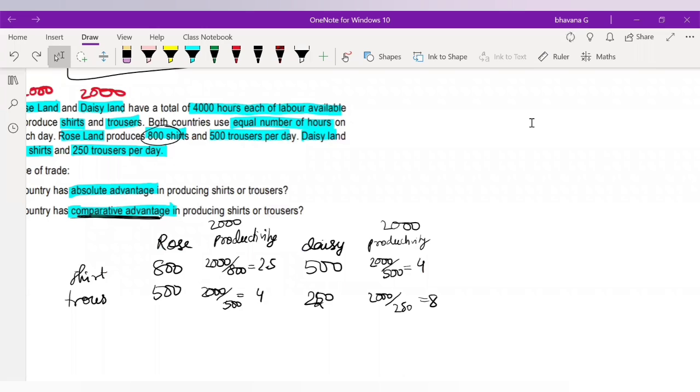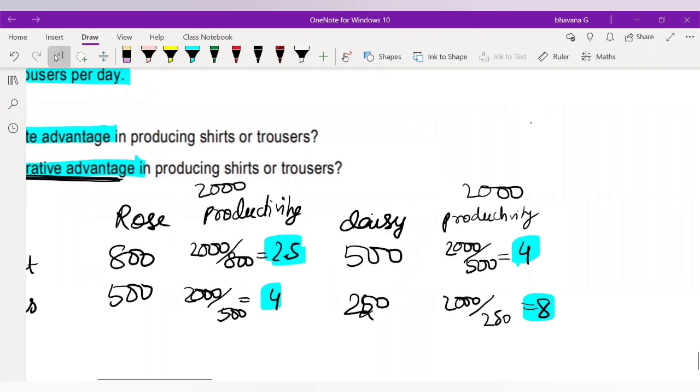Give me a second, I'll correct it. Okay. So here this question is a little bit different. Here what they tell you is this 2.5, or this 4, or this 4, or this 8. What they are trying to tell you here is each shirt by